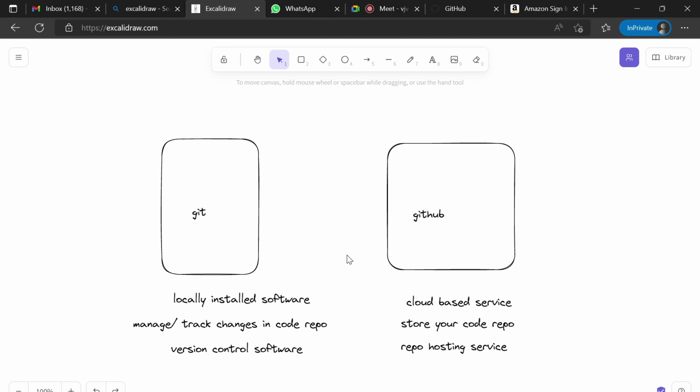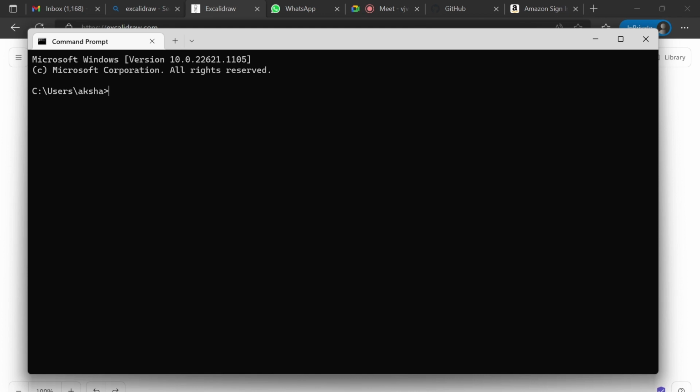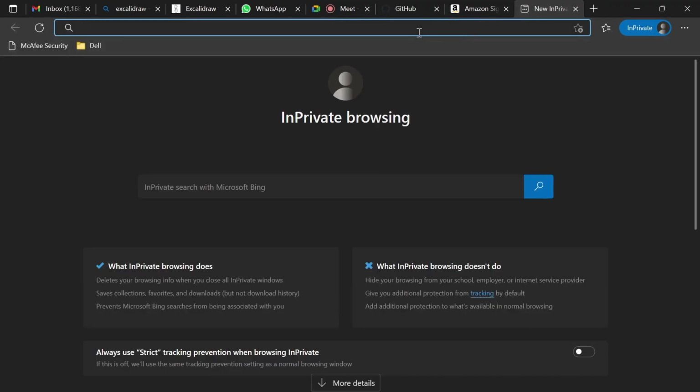Okay, so first we need to check if we already have Git installed or not. Open the command prompt and type git --version. Right now I already have Git installed on my machine. If you put this command and you don't get the version name, that means Git is not installed. In my case it is installed, but in your case if it is not installed, just search for